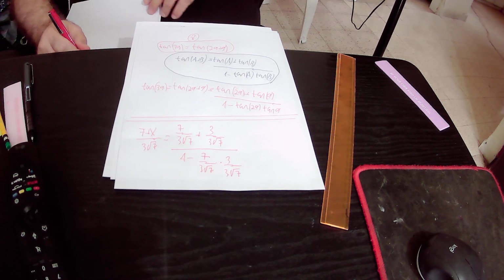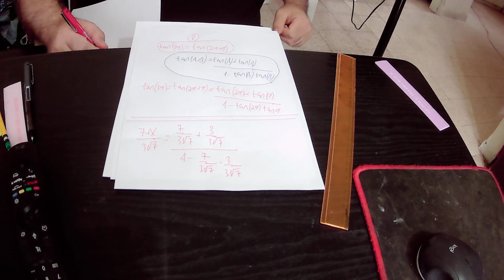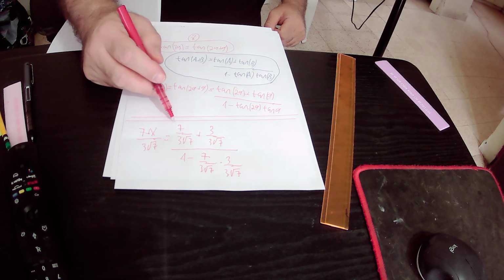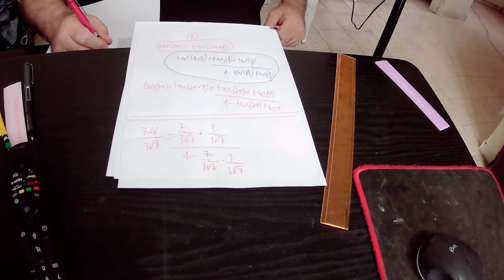So we will get that 7 plus x over 3 times root 7 equals, in the numerator, 7 over 3 times root 7 plus 3 over 3 times root 7. Actually here 7 plus 3 is 10, so it is actually 10